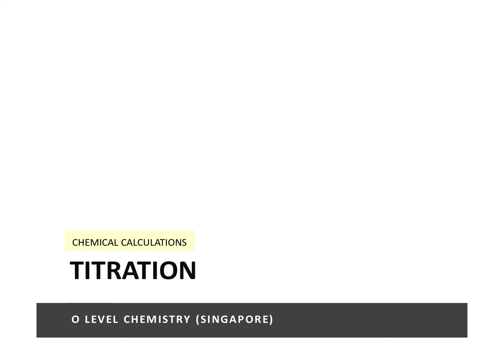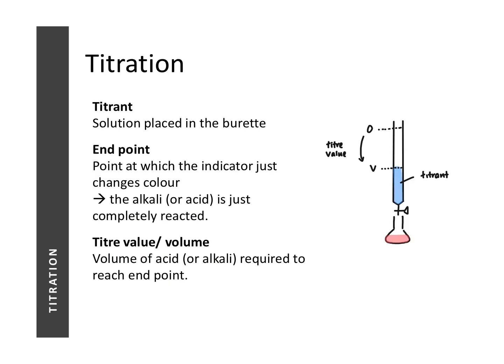In this video, we're going to look at how we can solve chemical calculation questions that usually follow titration experiments. First, let us review some important terms associated with titration. Firstly, the solution that we place inside the burette is known as the titrant. The drop of titrant that changes the color of the indicator at that point of the titration is known as